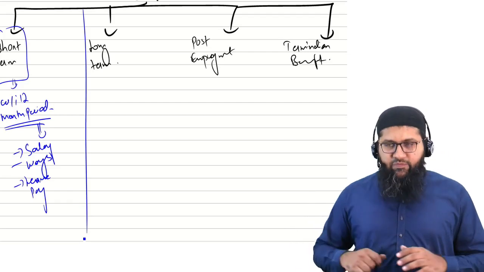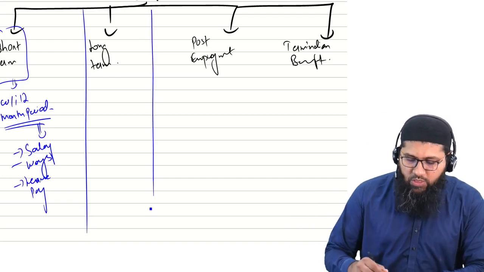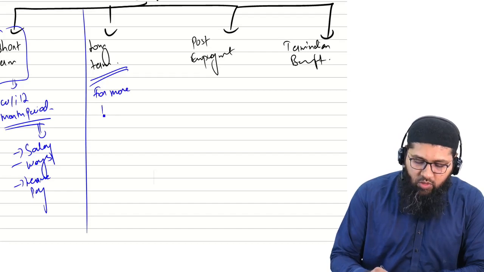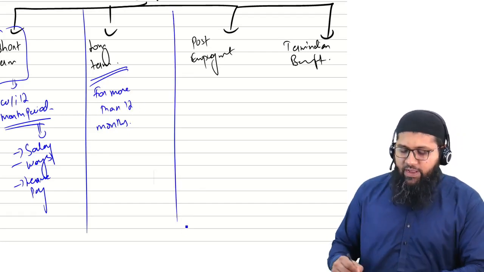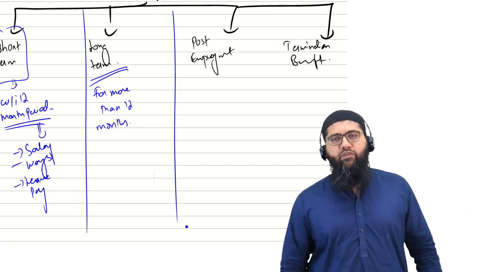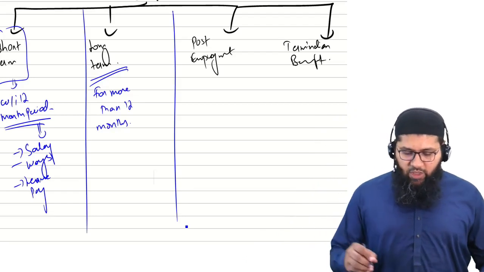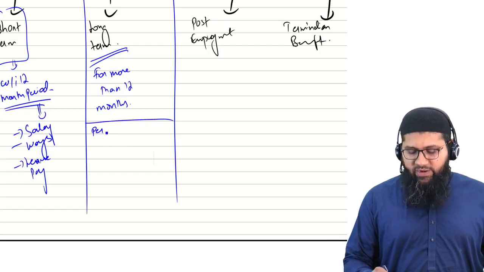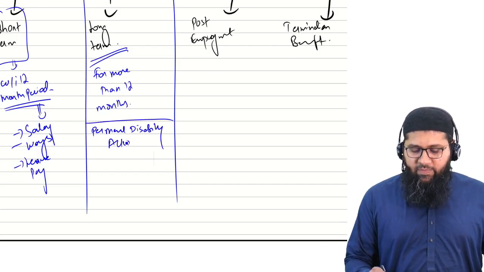The next situation is the long-term employee benefits. Long-term employee benefits refer to employee benefits which are payable for more than 12 months. Employee benefits payable for more than 12 months are considered long-term employee benefits. What exactly are examples of these? That would include, let's say, permanent disability allowance,